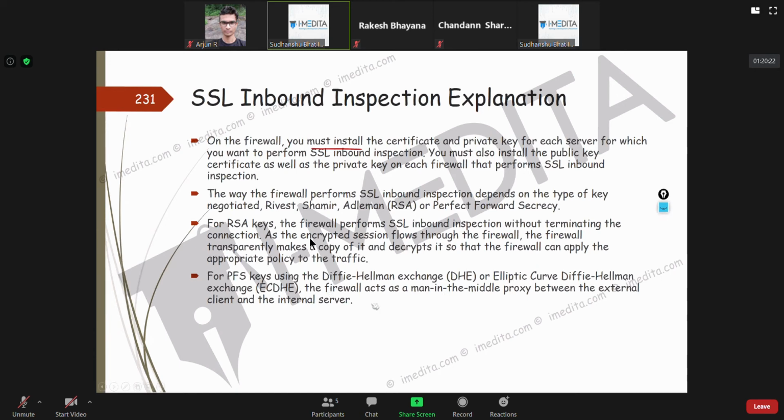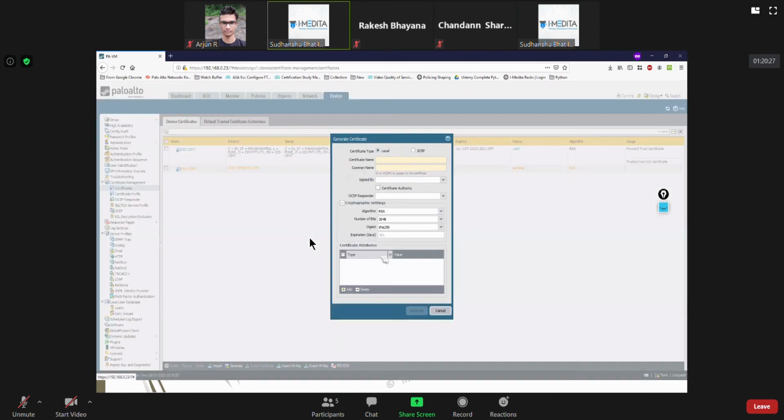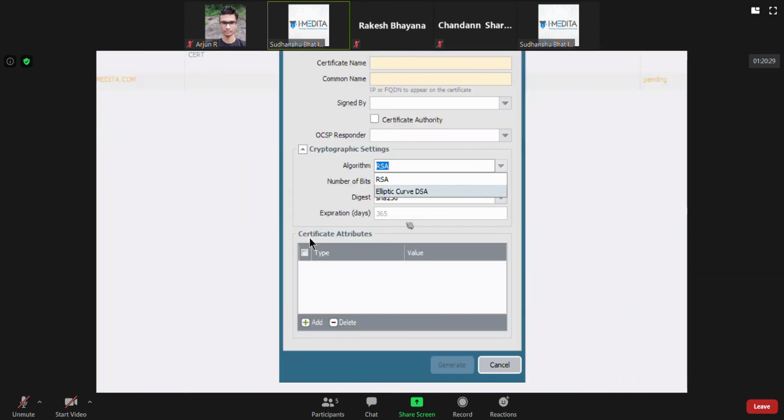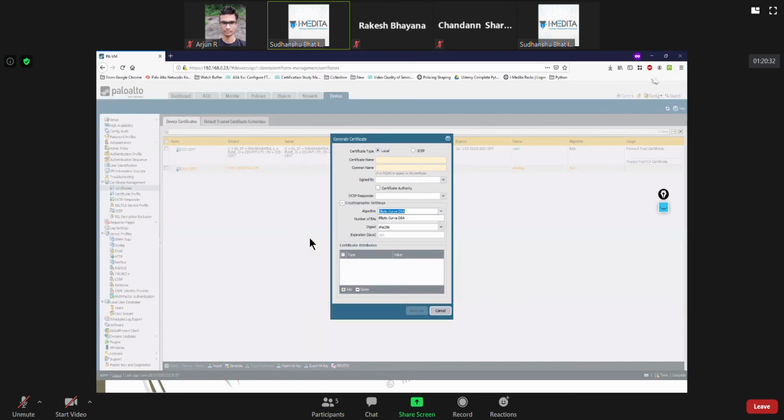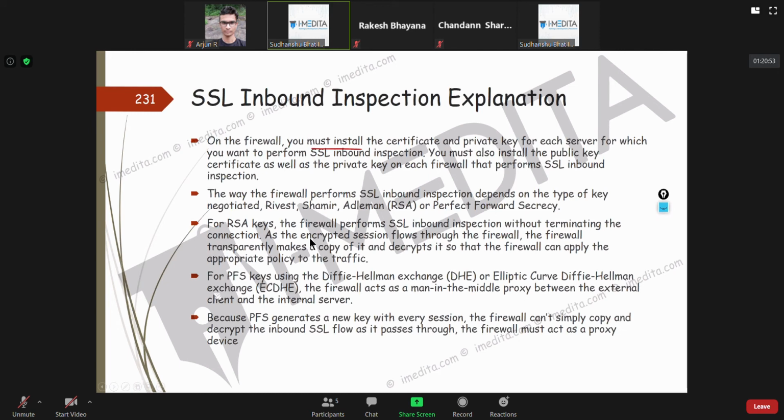If you are using this other method, depending upon your certificate, if you are using the ECDSA algorithm, elliptic curve DSA, this is a perfect forward secrecy method. Then the firewall will have to work as a man-in-the-middle proxy between the external client and the internal server. So it depends on what kind of certificate configuration you have on the server. Why is it required as a proxy in inbound inspection?